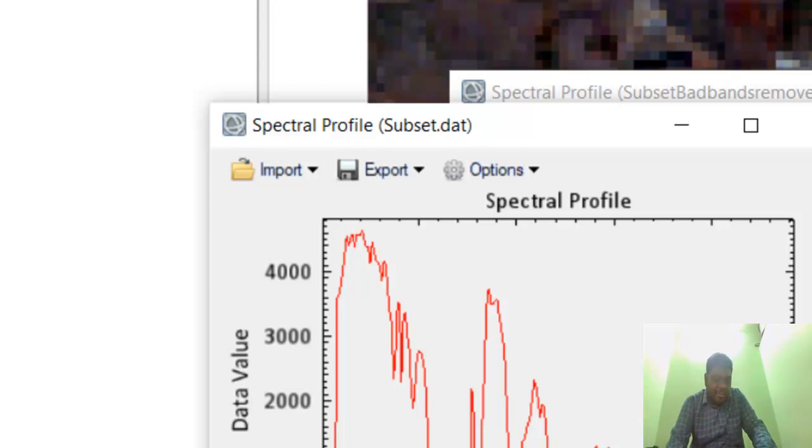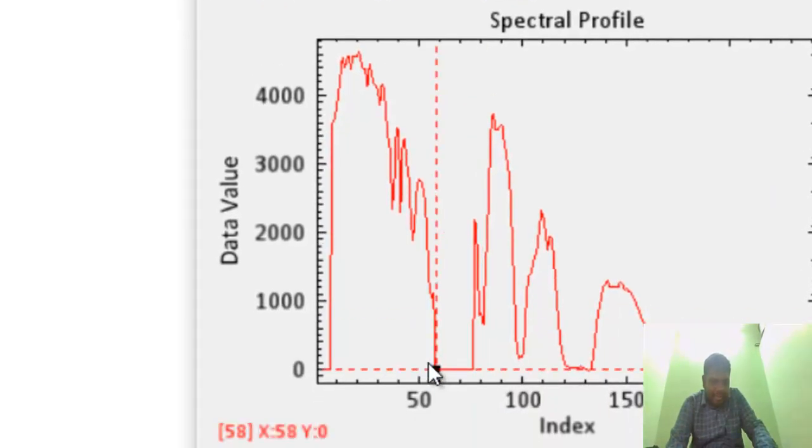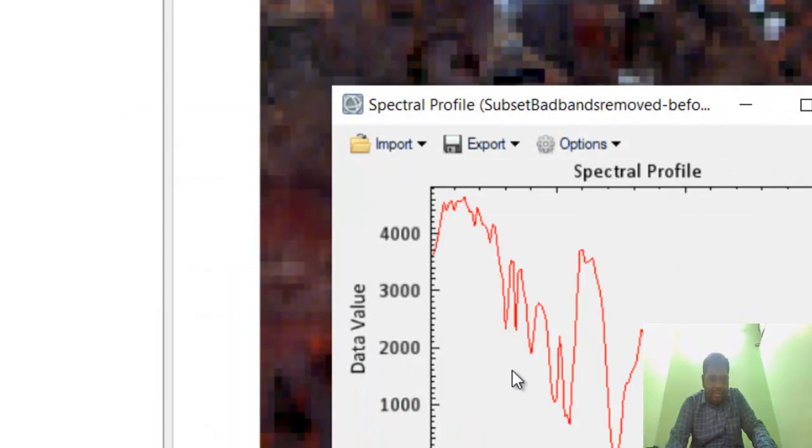So in this first file, the subset file, you can see that it's a basic raw file. It contains the zero bands and bad bands also. For that reason, the value is going to 0 and low values. And when we do the bad band removal, the zero bands are removed.